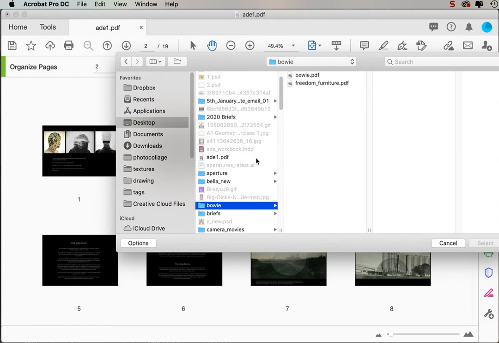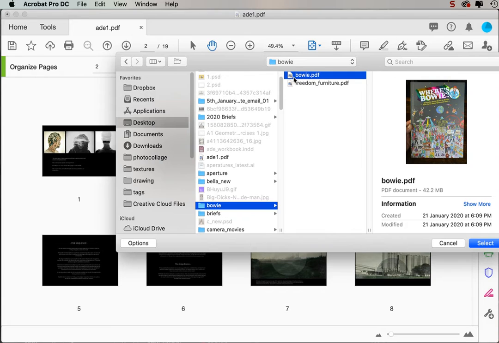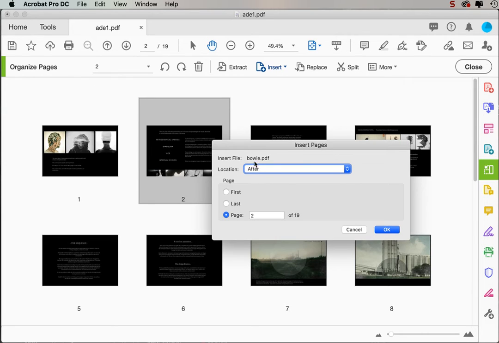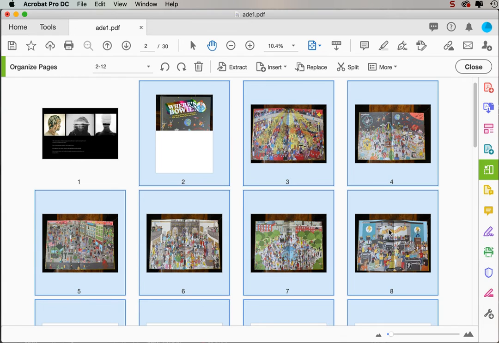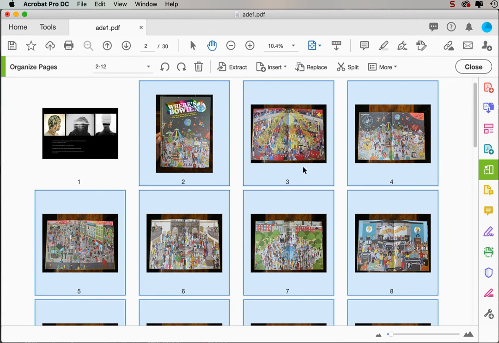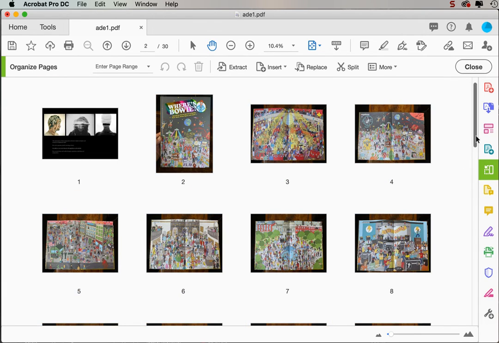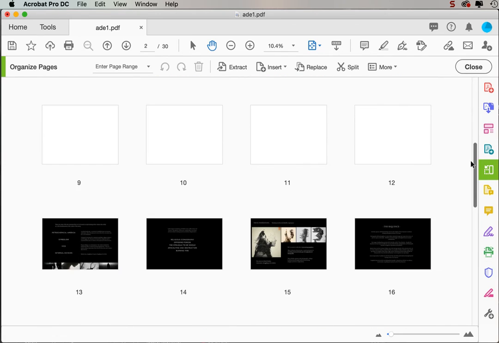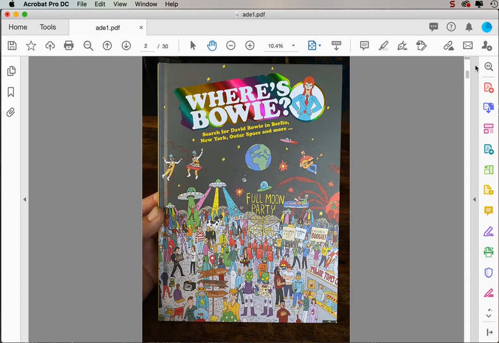I've got some PDF I've made of a David Bowie book, so go select, and here it says after page 2, or you can have before page 2, so I'll do that before here, and it just adds all these other files in. Hit close,